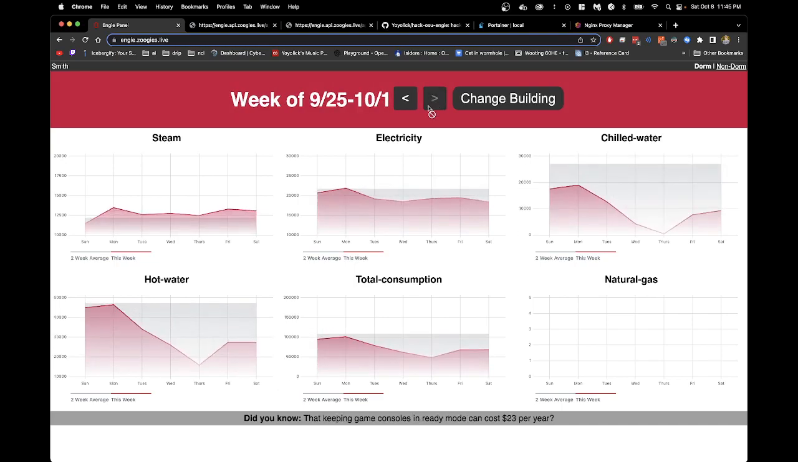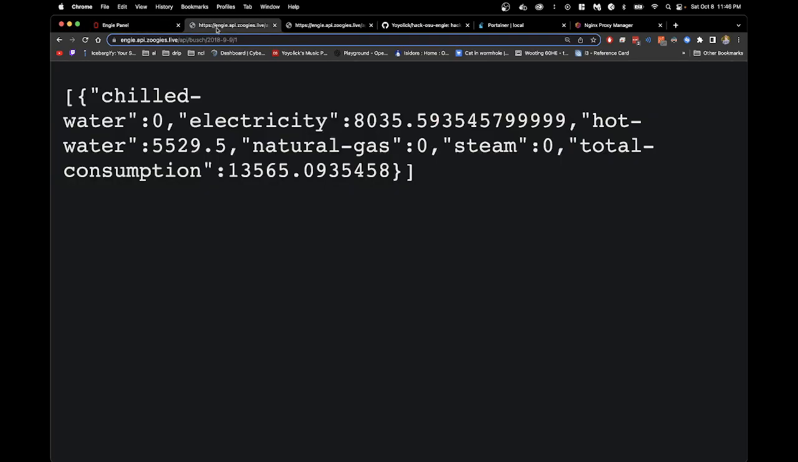That's the panel. The GUI was only half of it, because we spent a lot of time working on an API that consumed the CSV files and was able to provide JSON data for these graphs. This is an example of an API output. The status bar here is Engie API